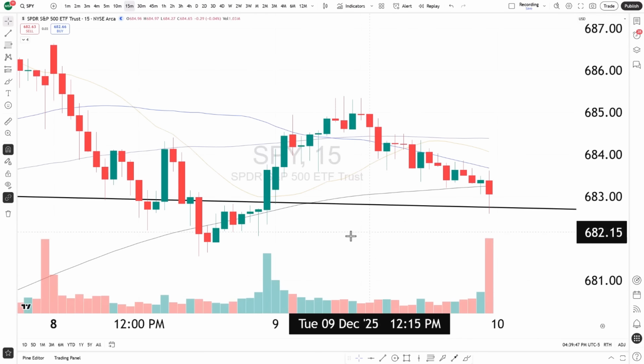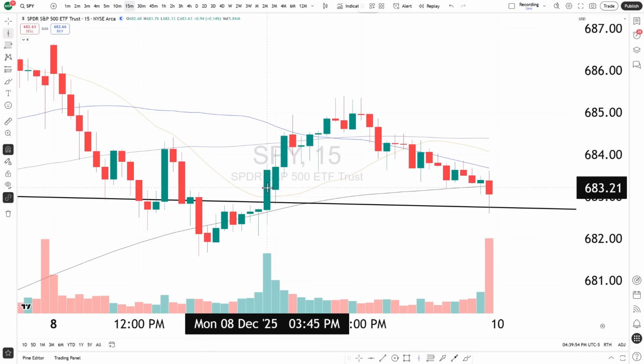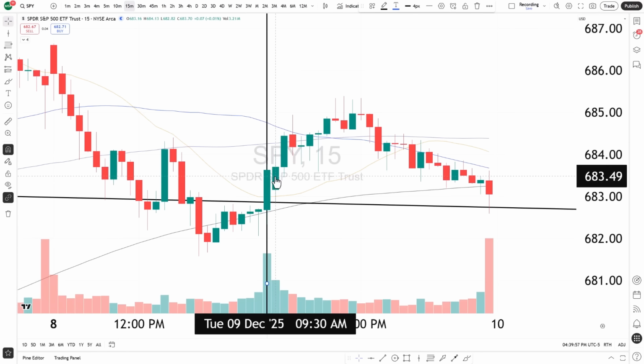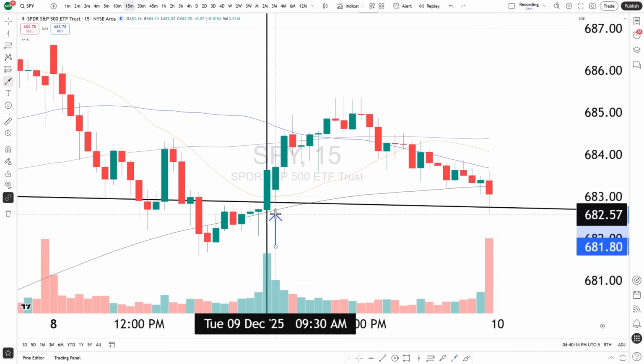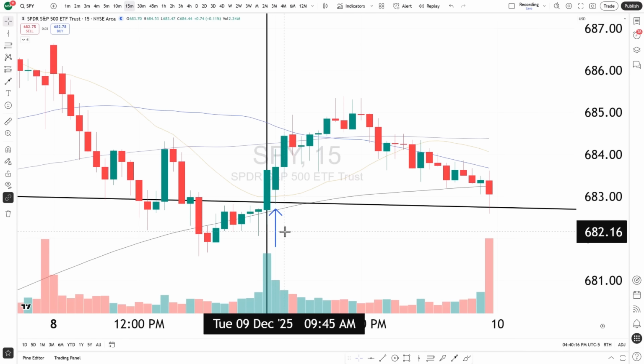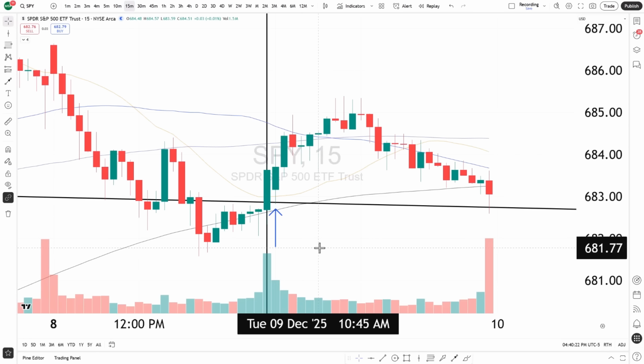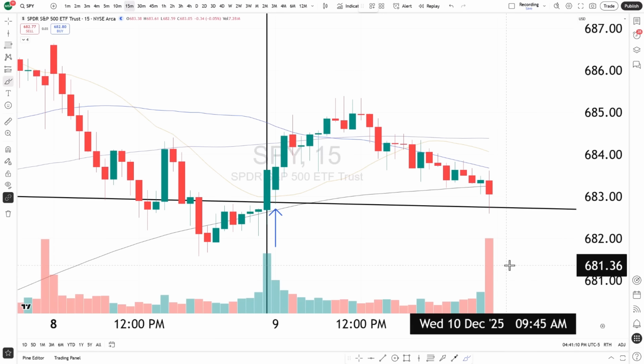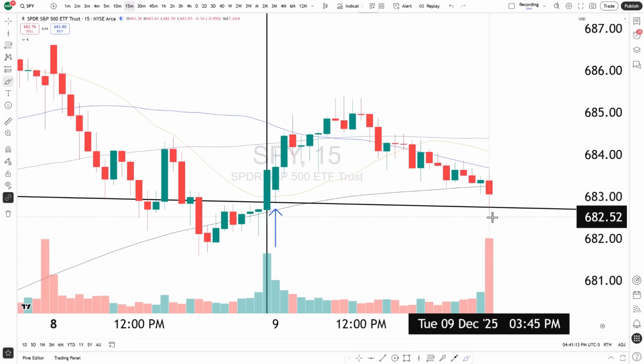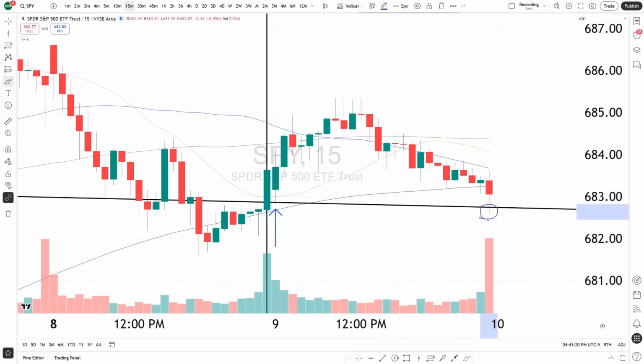So if we scroll in a bit, and we'll put a vertical line right here, to the right of the vertical line represents today's activity. So this is the first candle of the day, and take a little look at where the low was. It was exactly on that trend line, literally nailing it on the dot. And then at the end of the day, where did we go right back to? None other than the trend line. Mrs. Market certainly knows about that trend line. If you don't know about that trend line, I would get to know it.